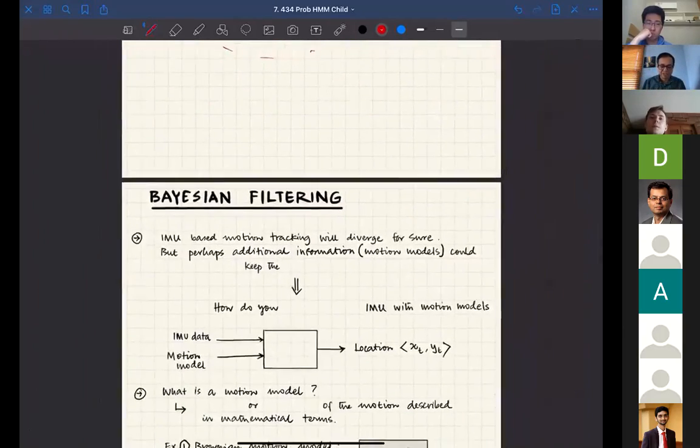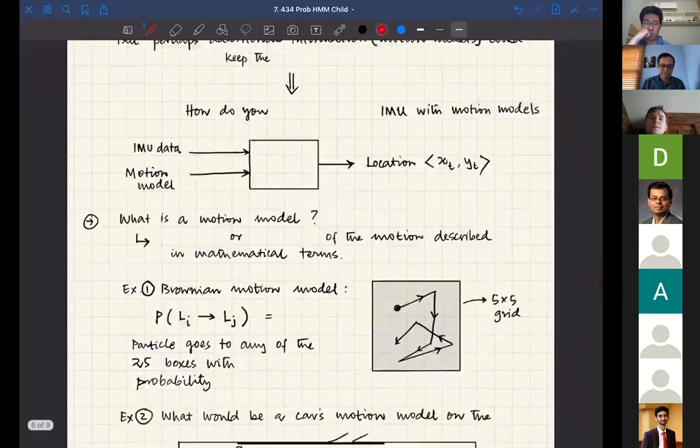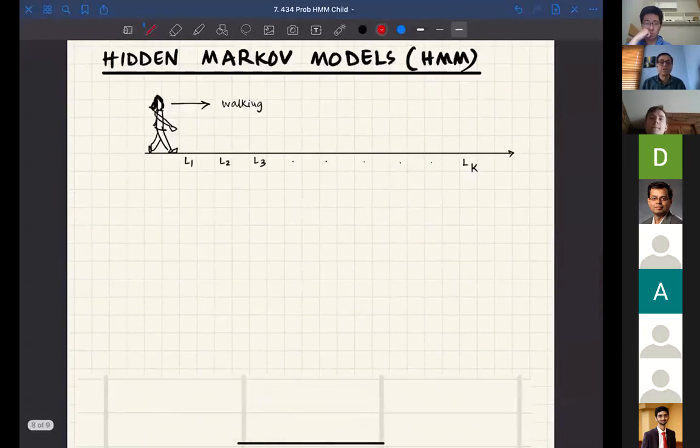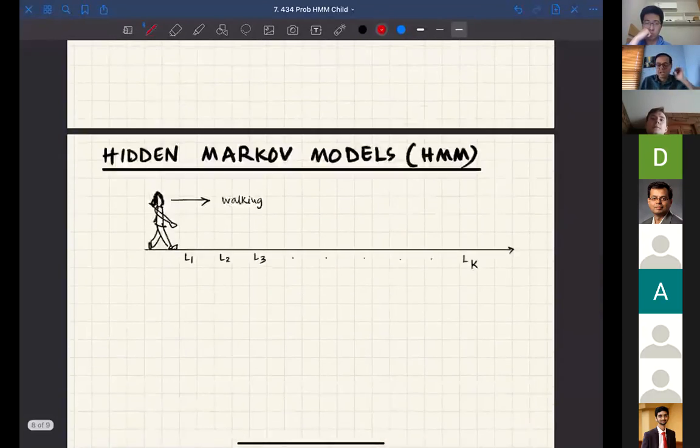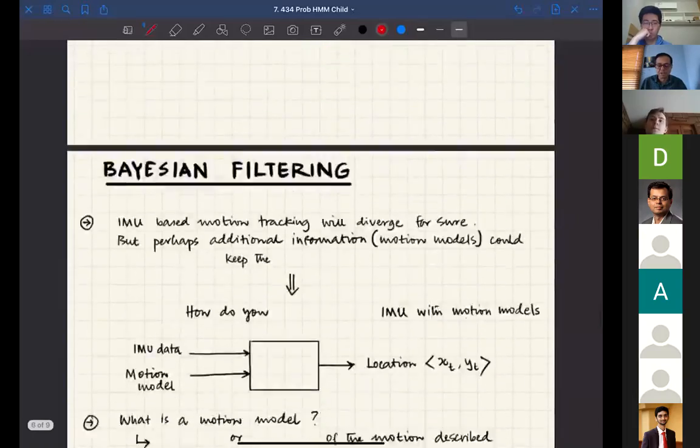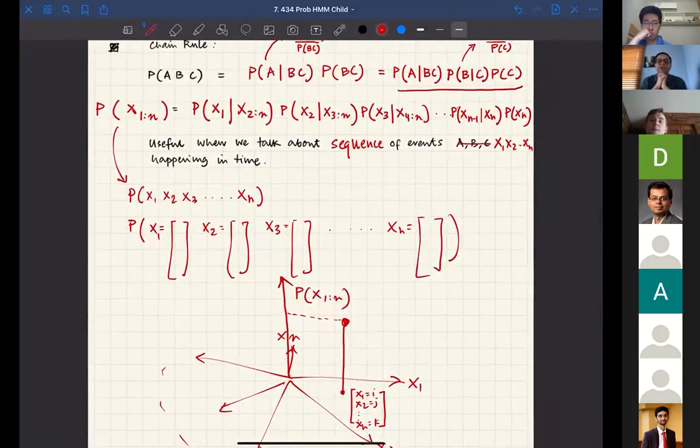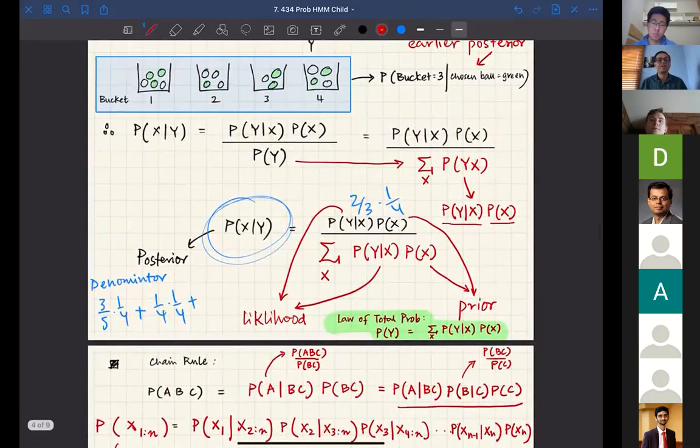So next class, we will start with Bayesian filtering, and we'll talk about how robots can walk and how we measure how this person is walking, and we'll combine them with motion models and so forth. But this probability review should give you all the probability background you need for what we're going to talk about. I hope it also makes you see probability and not fear probability in any way whatsoever. Because if you've done linear algebra, if you've done vectors, it should be easy.